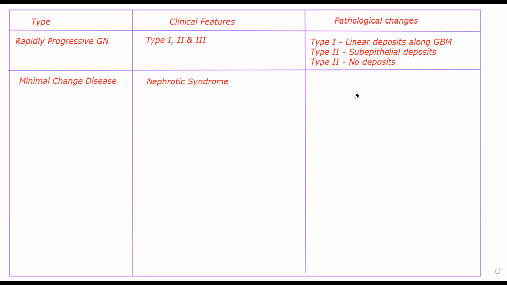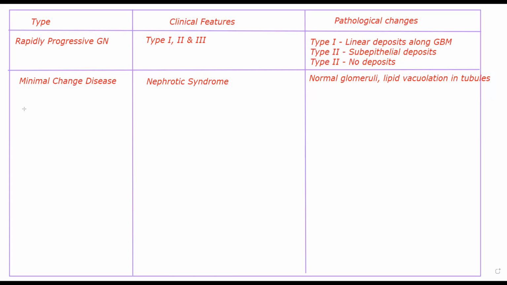Prognosis is very good, even though remissions might occur, relapses might occur. Prognosis is okay, it is not so bad with respect to minimal change disease. So, what you see is normal glomeruli, lipid vacuolation. Okay, those are the pathological changes that you see in case of minimal change disease.